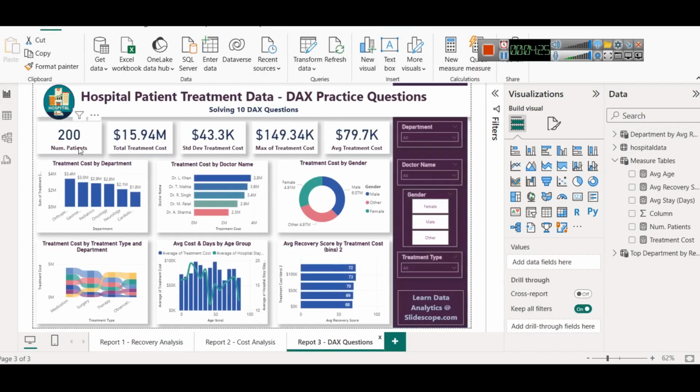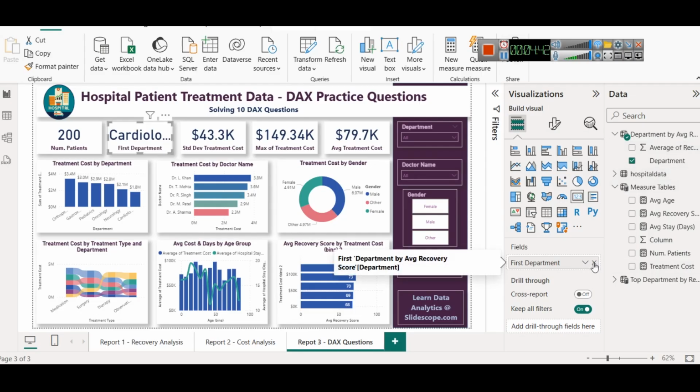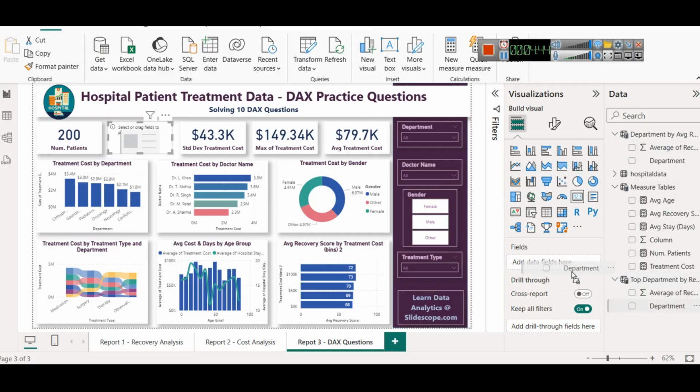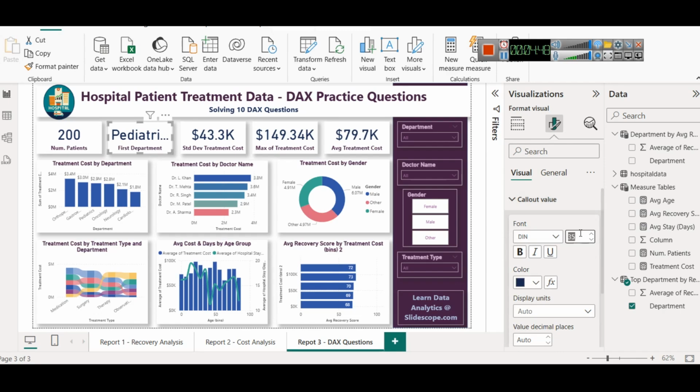So in our third report we can take that name. So here, now, department by average recovery score, we can actually take the name of that department, that is it is showing first department. Because this is department wise, and actually our answer is in this, sorry for the mistake, our answer is in this. And now here we can reduce the callout value to 25 to show that pediatrics is the first department,